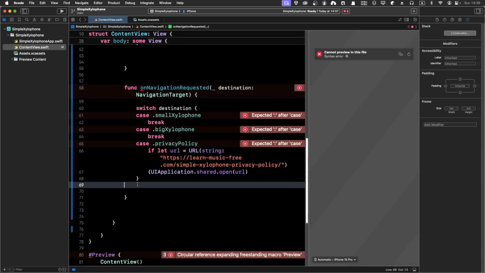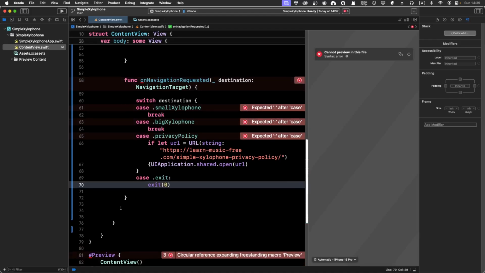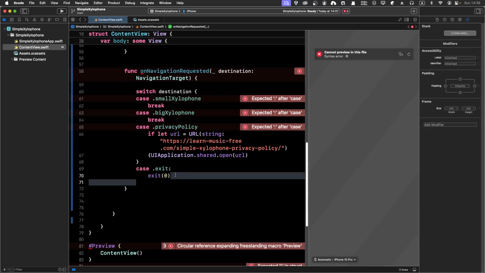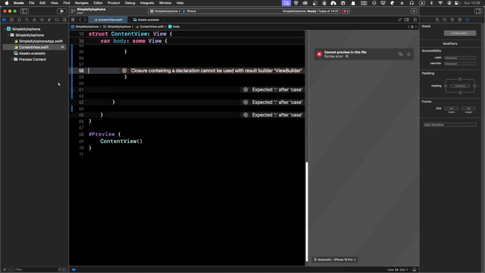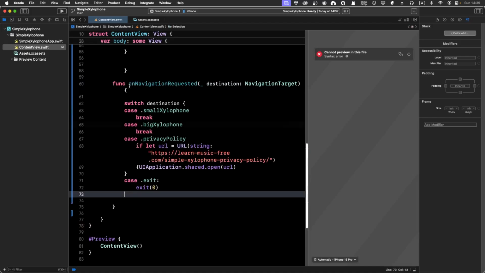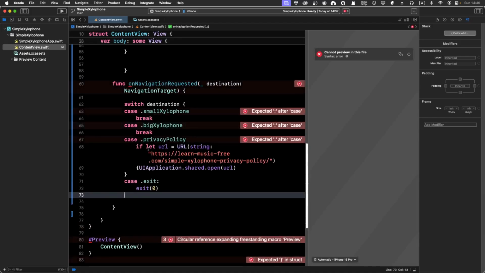Then you've got a case of exit, and then circular reference. I know what I'm doing. So maybe this is not the correct case, extraneous case. So maybe another wrong